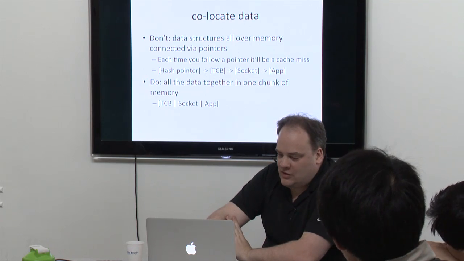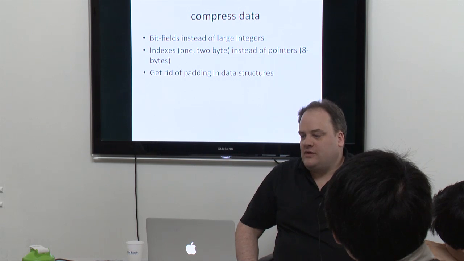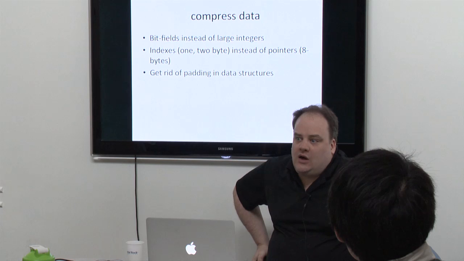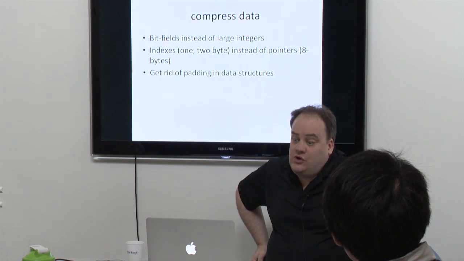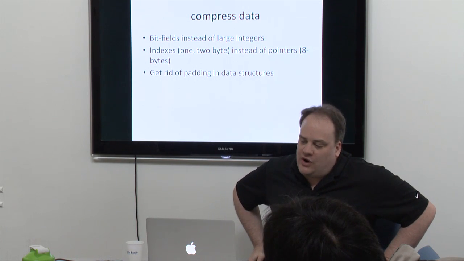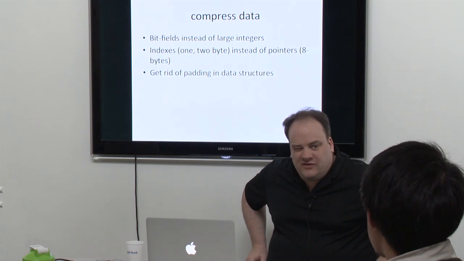So I mentioned this already, collocate the data. I'd also compress the data. A lot of the stuff that you do, you can compress. Like, I've got a number that's between 1 and 10. Well, I don't need a byte. All I need is 4 bits. So use just the 4 bits. So what you're looking for here is trying to reduce the amount of memory that you use, but also think in terms of cache lines.